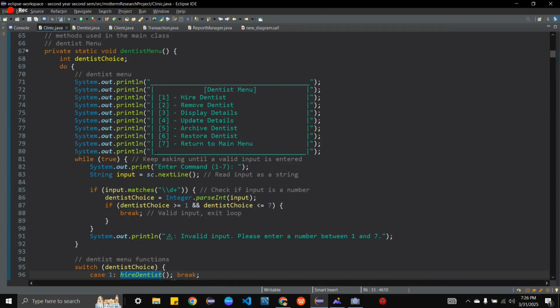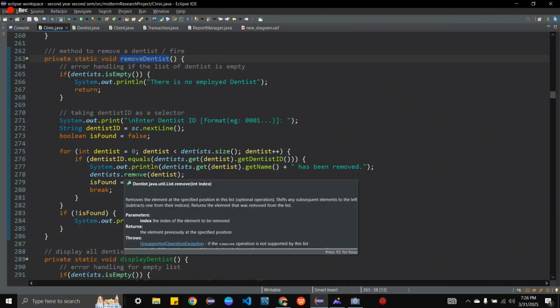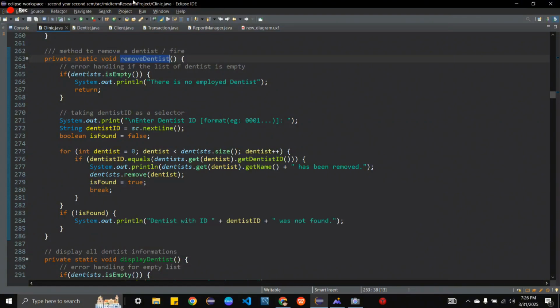So now, let me explain another method, which is remove dentist. This has a function to remove a dentist, for example, if the dentist resigned. So this first has error handling. If the dentist list is empty, a message will be shown in our console. In removing a dentist, we have used the dentist ID because it is unique, as a selector of which dentist will be removed. And we have initialized the boolean isFound as false so that when the dentist is found, we will set it as true.